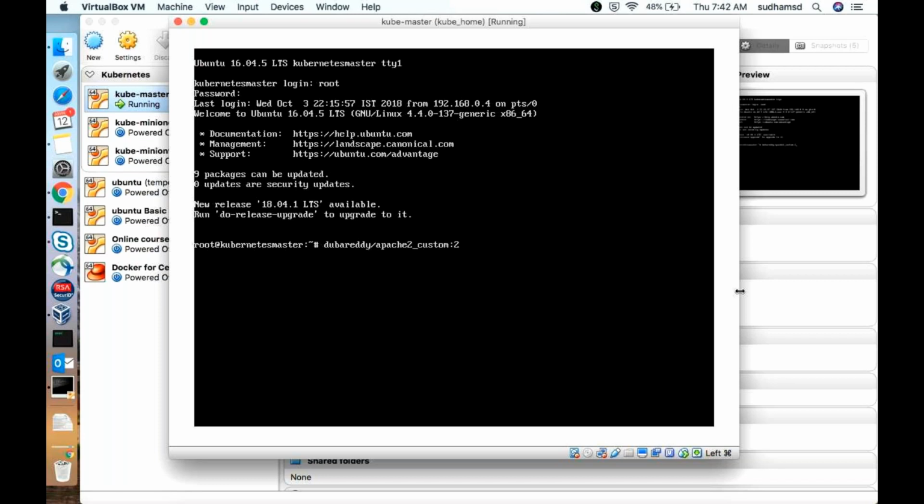This is how we need to give it. Then it will identify the user and push your images. By default, it will search the local repository first, and if the image is not available, then it will go to Docker Hub.